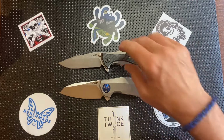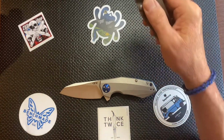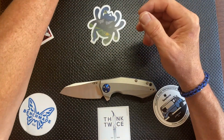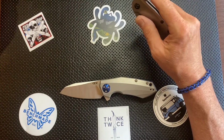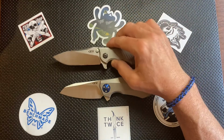This is a stubby one. It's not super long, so lengthwise it fits great in the pocket. It's just fat and heavy. For me, I like it because I like heavy knives, but I know it's not for everybody, and I get that. This would probably be my number one favorite ZT, and I'm not afraid to say it because I just love